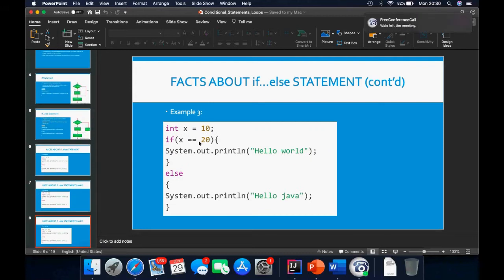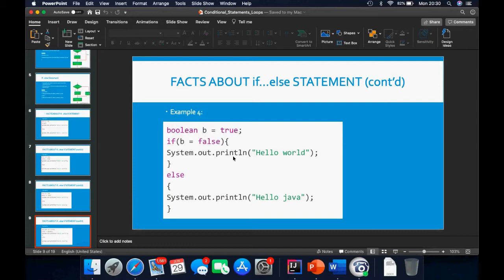And then moving on to the next one, I'm just doing a recap. This is a comparison operator, so it's comparing two values, the left side and the right side. Is 10 equal to 20, or is 10 the same as 20? And the condition comes out to be false. So that is going to print out the else part, which is Hello Java, and we saw that in IntelliJ as well. Moving on to the next example,